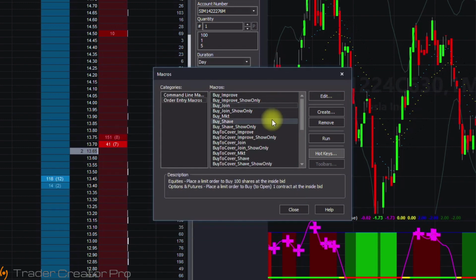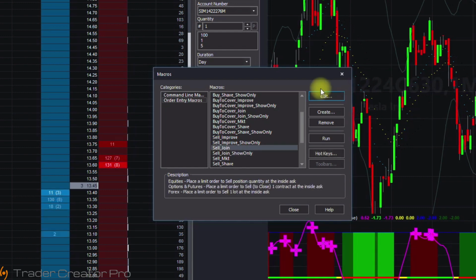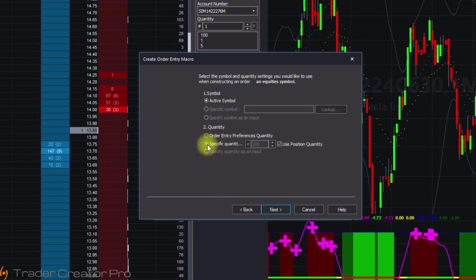Let's put in a sell order as well. So come down here to, let's do a sell join right here, and let's edit that one. So we want it to send the order. Let's do equities and options, active symbol, and let's use the position quantity. So instead of having a certain number here, it's going to sell whatever my current position is, whether it's 1,